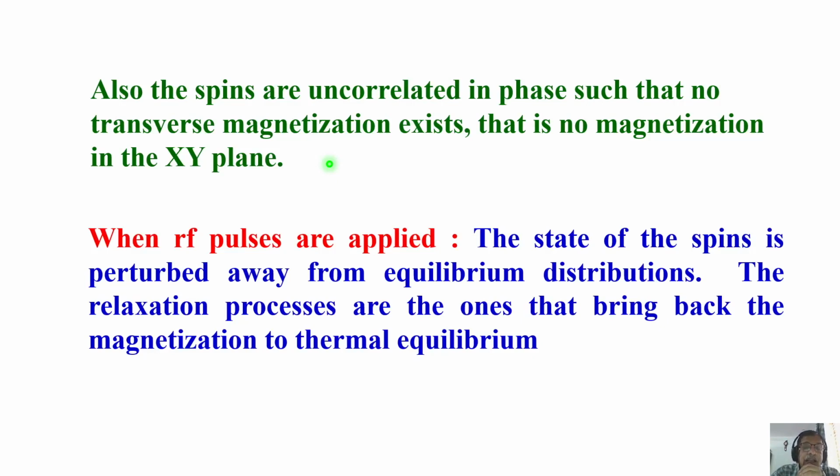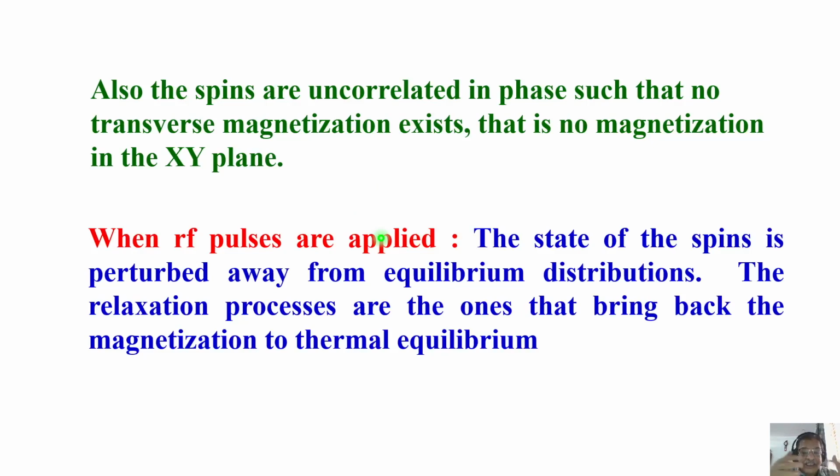Now, in the other situation, when we are collecting the signal, we send a radio frequency pulse in a direction perpendicular to the magnetic field, and bring the magnetization to the transverse plane. Understand? And then you start dephasing in the transverse plane. At the same time, magnetization starts growing along the z-axis. That's what we discussed long back.